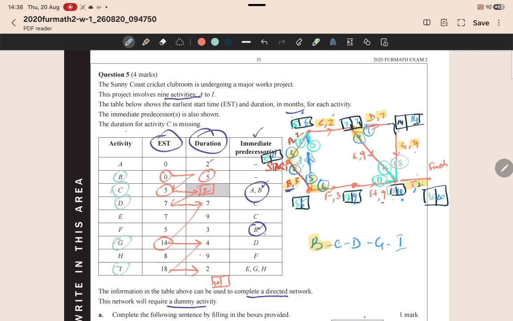So where the boxes are the same, but you should be careful. The criteria is not that the boxes should be the same. Earliest should be equal to the latest start time. Criteria should also be that if you add the earliest start time to the duration of the activity, you should get the earliest start time of the next activity. Okay. So on seeing that, now if we were to reduce a particular activity that could change the minimum completion time, it should be one of the activities on this critical path. Now let's see which of these activities, if we reduce, we can actually make a